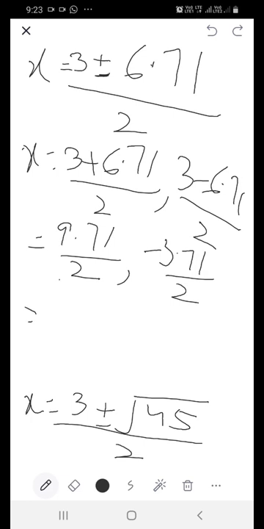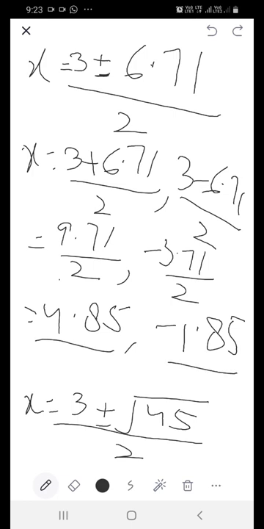Divided by 2, you are going to get 4.85. And the second value you are going to get is minus 1.85. So these are the roots of the equation which is given to you as x square minus 3x minus 9 is equal to 0